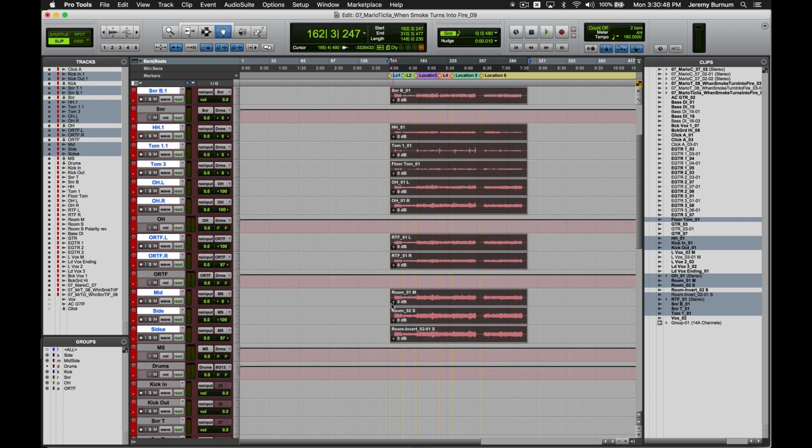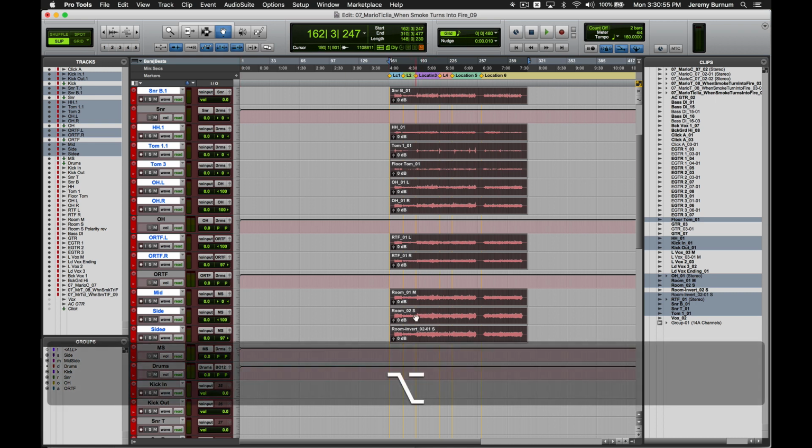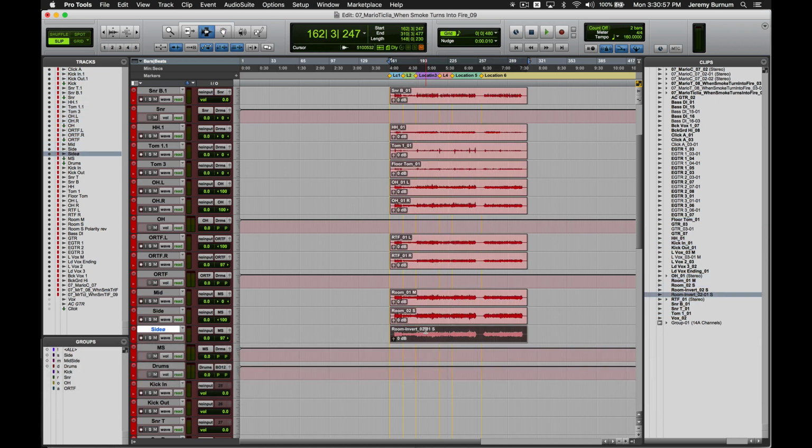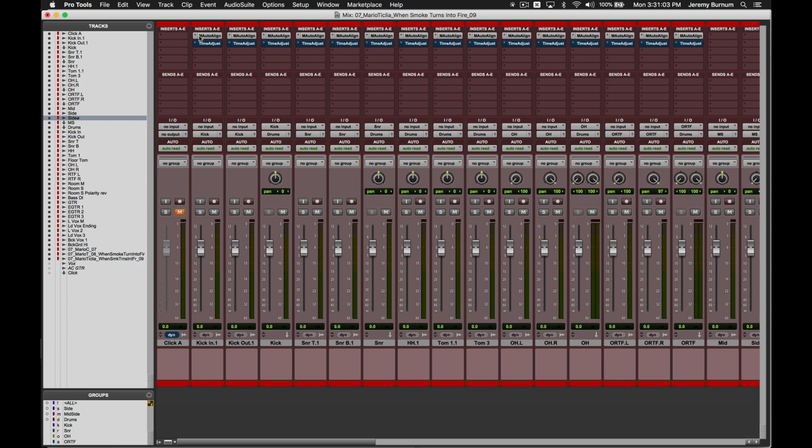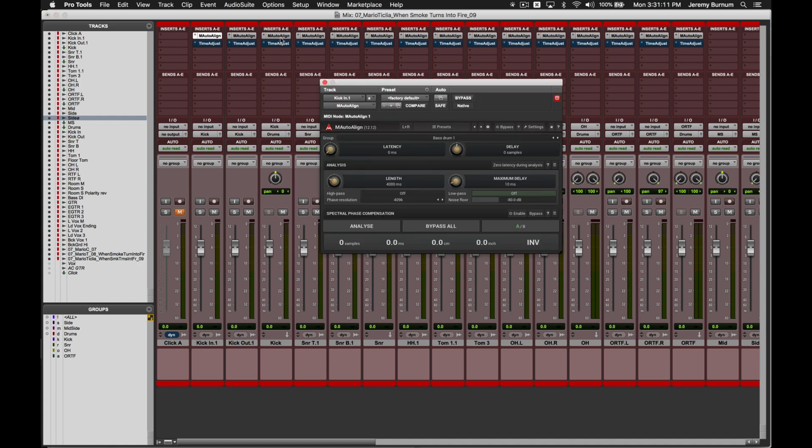Now these are actually mid-side recordings of my rooms. You can see they even inverted it for me. I have one that's already been inverted. So this is all great. So if you look at your inserts on the plugins now, you'll see that you have everything inserted properly and your group assignments have already been created. If you look in your Auto Align, you're also going to see that the assignments of this plugin